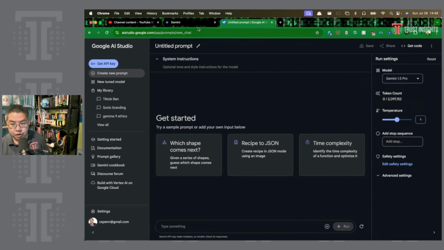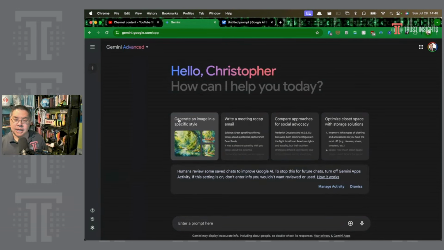When you use the consumer version, there's a router that says, well, what kind of query is this? Is this something simple? If so, let's route it to a less computationally expensive model. Let's route it to 1.5 Flash rather than Pro, because Pro consumes a lot of resources, is very heavy, and is slower, but it's way more accurate and way more thoughtful and way more capable than Flash. When you're using a consumer interface, you don't get that choice. You are automatically routed by its best assumptions to where your query should go, which model should process